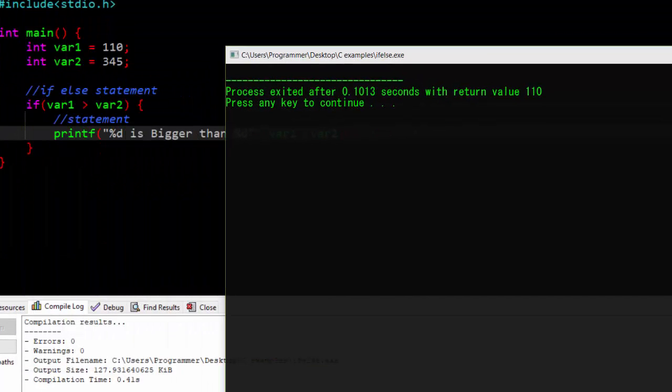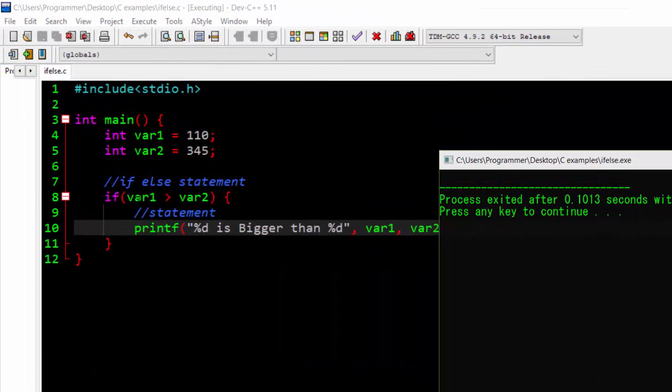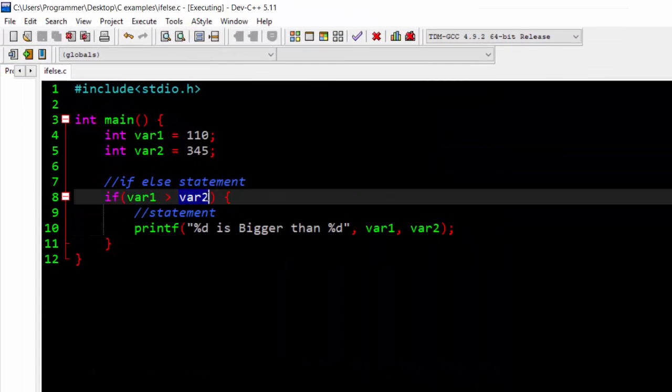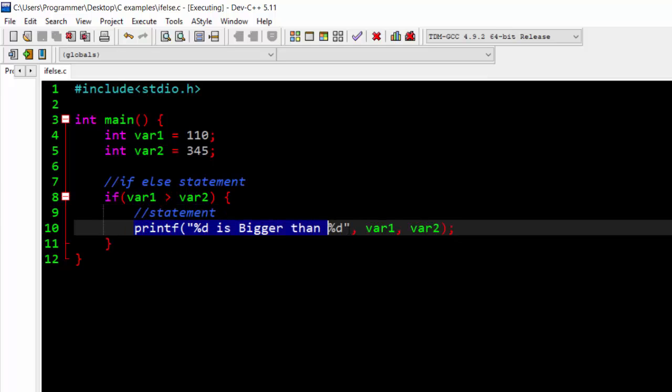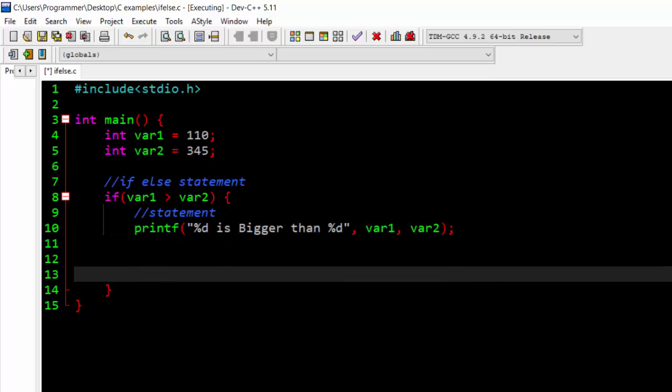Why? The reason we don't have any output here is that variable 1 is not greater than variable 2, so the condition is false. When the condition is true, it will enter this scope and first execute this statement, which is the comment, and the compiler will skip this. Then it will execute another statement, and after this another statement, if there are many statements,